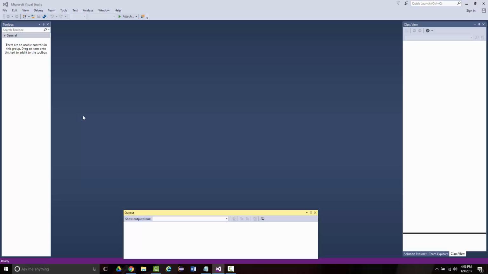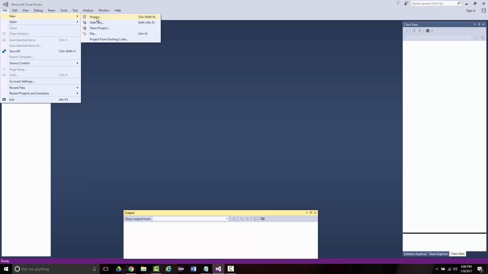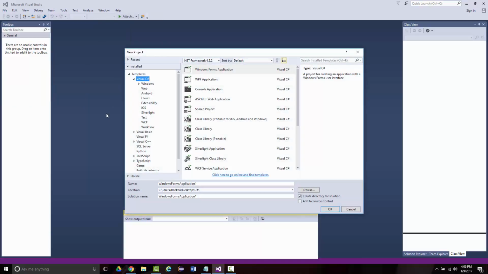So, I just started up Visual Studio. I closed the beginning screen and I'm going to do a File, New, Project. We're going to talk about these, but you always want to make sure that you've chosen Visual C# here, and it should say Windows Forms Application. That's what we're going to use. I've set my directory as I showed you in class, and I'm just going to call this